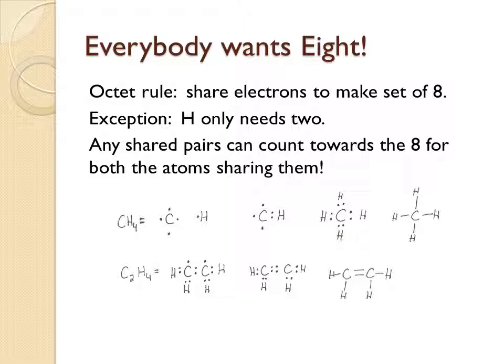The first one's CH4, methane. If we draw a carbon, it has 4 dots. And if we draw a hydrogen, it has 1 dot, just like we did on the previous slide. If we put the two of those together and have the carbon and the hydrogen share a pair of electrons, then the carbon now has 5 dots around it, if you count all 5, and the hydrogen has 2 dots